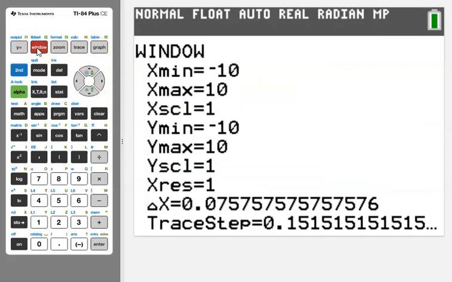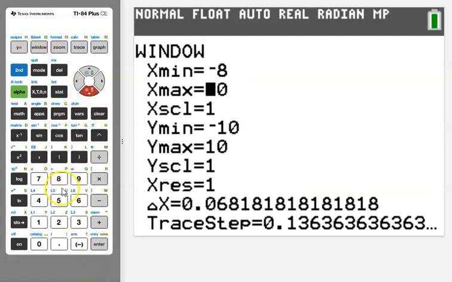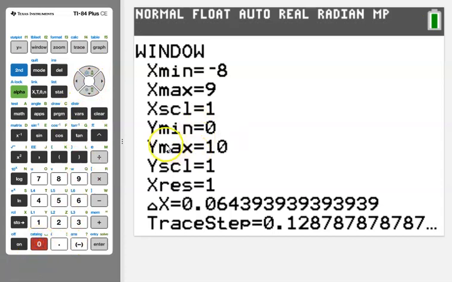Now the window that I'm choosing for this problem, my x min is lower than my lowest x, and my x max is higher than my highest x, and my x's are basically my numbers because I don't have any y variables here. The y values don't really matter, so I just usually go 0 to 10, but really they don't matter because we've turned off our axes. You're not even going to see any tick marks or any lines or any of that anyway. All right, so when I type graph,